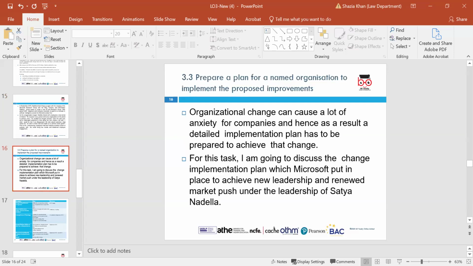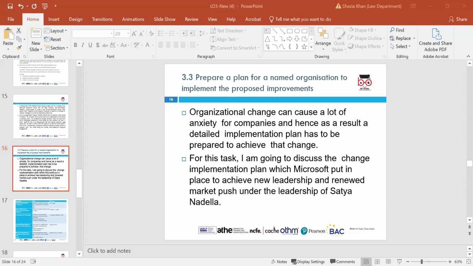So we're looking at 3.3, which is to prepare a plan for a named organisation to implement the proposed improvements. Organisational change, as we said, can be a cause of anxiety for companies, and hence a detailed implementation plan has to be prepared to achieve the goal. For this task, I'm going to discuss the change implementation plan Microsoft put in place to achieve new leadership and renewed market push under the leadership of Satya